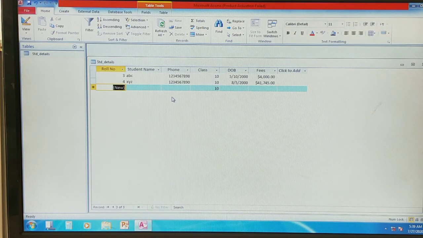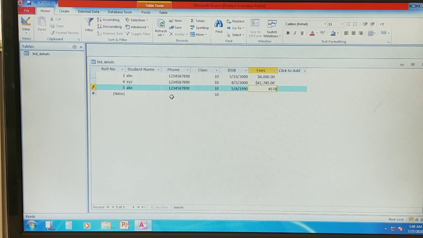One more thing is that the primary key should not accept duplicate values. Duplicate values means, suppose I have one more student whose name is also ABC. So you can enter ABC. Go to the next field, and again enter the phone number, and then date of birth, and the amount.